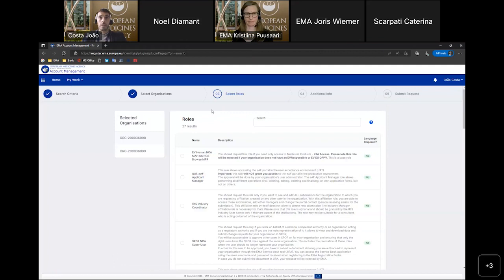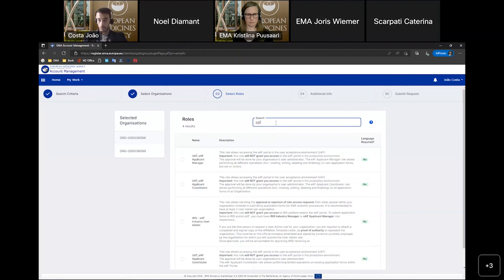The step 3 is for the selection of the role itself. So we can see first on this left corner the organizations that were selected on the previous step. So always to be informed. And we can use the search bar to filter down the roles that we want to select. In this case, I will use it and just type eAF.